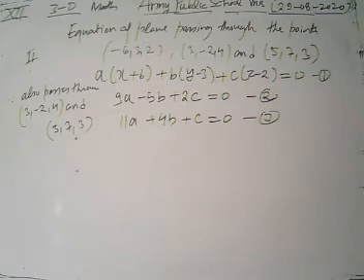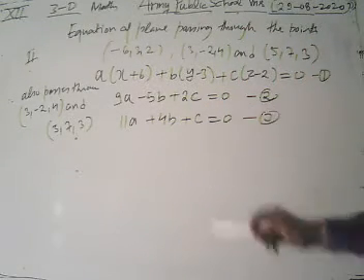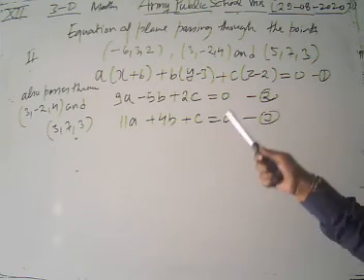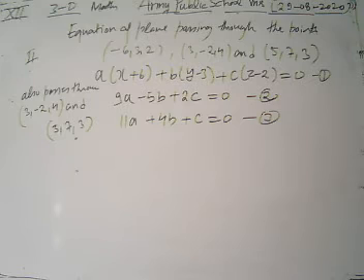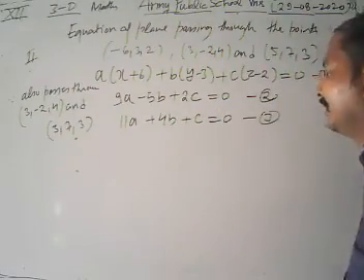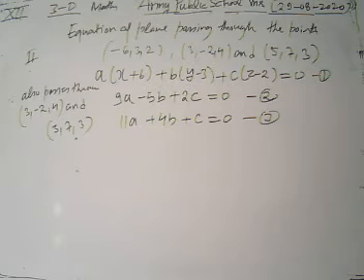Now look, what equations do we have? Our first equation is a(x + 6) + b(y - 3) + c(z - 2) = 0. And since our plane passes through the points 3, minus 2, 4 and 5, 7, 3, our equations shall also be 9a minus 5b plus 2c equal to 0, and 11a plus 4b plus c equal to 0.